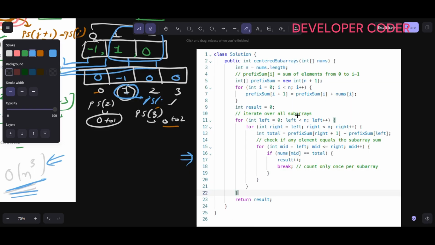So very easy. Int n is equal to nums dot length. Prefix sum of I is sum of all the elements from 0 to I minus 1, so that is why here I am storing n plus 1 and I am calculating the prefix sum. This is done. Then the result I have to calculate. So left pointer, right pointer is starting from left. Right is less than n, right plus plus. Total is this formula, prefix sum of right plus 1 minus prefix sum of left, because right plus 1 consists of the sum from 0 to right in the nums, and here it is consisting of sum from 0 to left minus 1